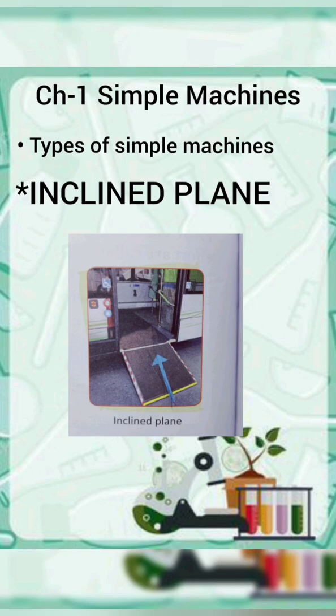Now another type of simple machine is your inclined plane. An inclined plane is a flat surface which is higher on one end. This is usually used to move an object to a lower or higher place, correct? So we would need very less energy and force to move objects using an inclined plane. And the examples are a ramp in a hospital and also ramp to move cars inside trucks are some everyday examples of inclined plane. You all must learn this.